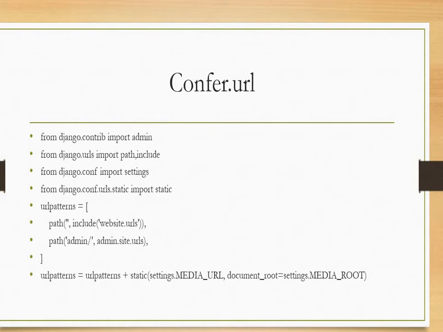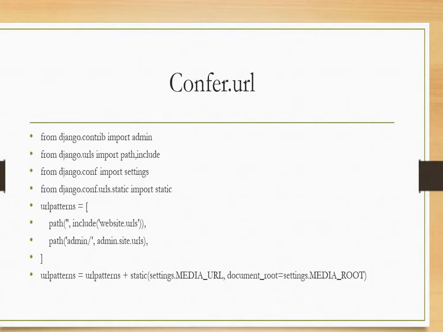Once this is done, I need to make some changes in the main URL. Here I need to add urlpatterns equal to urlpatterns plus static, the root path of that static. So urlpatterns plus static I am going to merge at the last. Here I have taken urlpatterns equal to urlpatterns plus static(settings.MEDIA_URL, document_root=settings.MEDIA_ROOT). So I am telling that the URL pattern and static should be added. For that I require what? From django.contrib import admin, then import settings, and from django.conf.urls.static import static. Okay, so these are the files required, right?